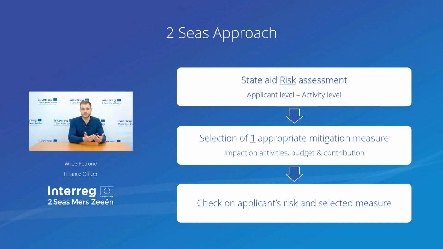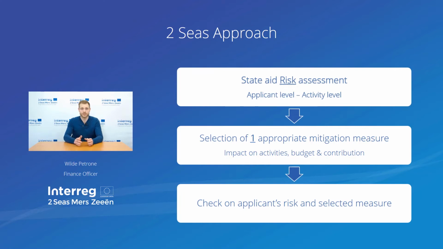So in that case, it's particularly important that you think about only what you will do in the project instead of your regular activities. So the example of the SMEs can be easily turned into the public authority example, where usually we talk about non-economic activities, but in the framework of the project, you do economic activities. So first you have identified your risk, and then based on that risk, you select one and only one appropriate